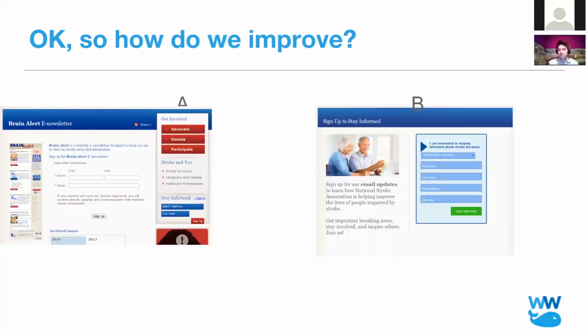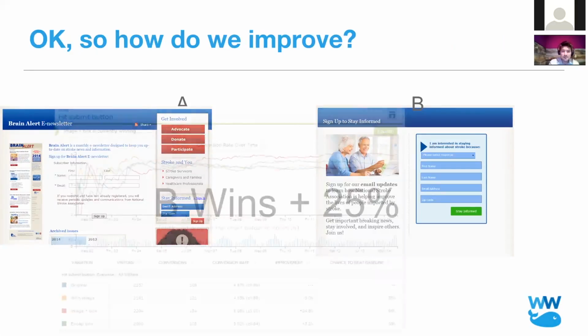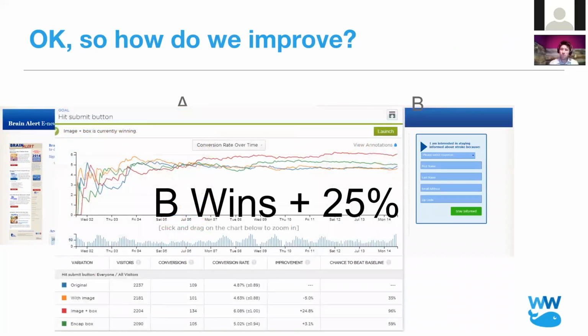And this is amazing because Whole Whale does work like this, for example, that we did with the National Stroke Association, and we have two different versions, A and B. Which of these do you think performed better? There are various things on either side, and it's like a coin toss. Who cares? But when we tested it, hopefully you're playing at home right now, we found that option B won by 25%.